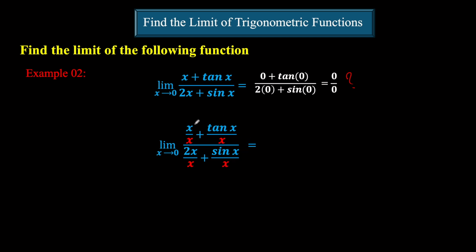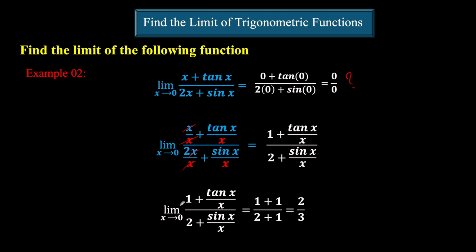We will do this simplification. This x also will be removed, okay? This is equal to, here, x divided by x is equal to 1. 2x over x, so this x will go with x, and you will get 2 here. And this, we won't touch it, okay? Tangent x over x, we didn't touch it. Sine x over x, we didn't touch it, okay? Then